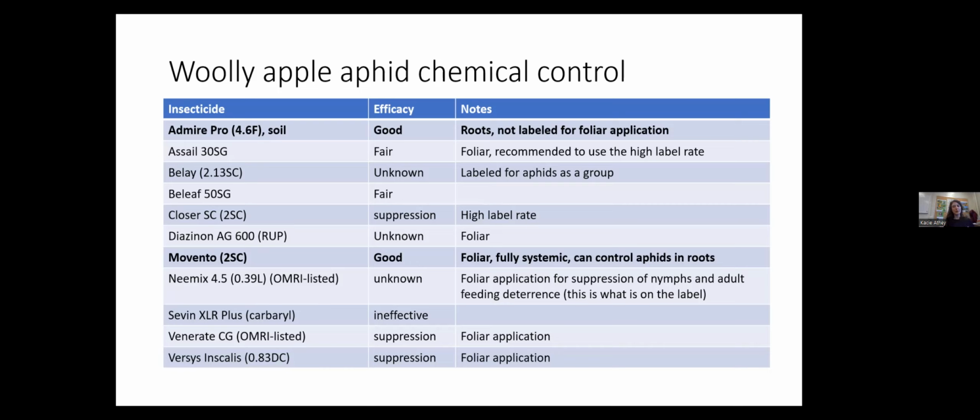And so when you're starting out and you find that you have woolly apple aphid, it's probably good to contact your local extension folks and talk to them about control measures that might work in your area. Just because, as you can see from this large table I have, under efficacy, there's nothing that's listed as excellent. And a lot of it is listed as fair, unknown, even some as ineffective. So you can see that control of this particular pest is tricky for sure. Doesn't mean you won't be able to control it, but it will be something you'll have to contend with probably when you first start out.